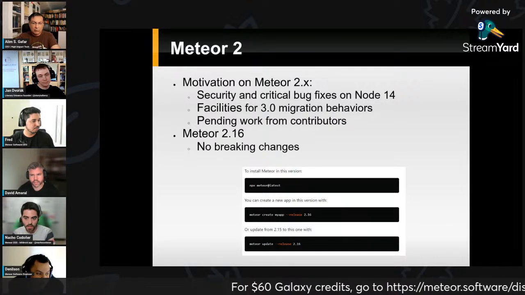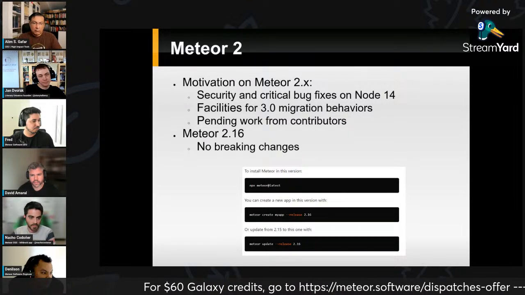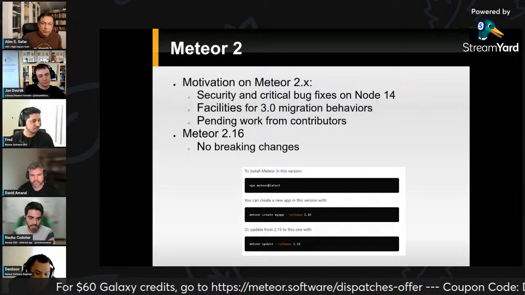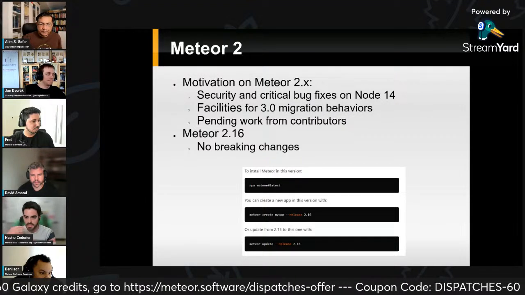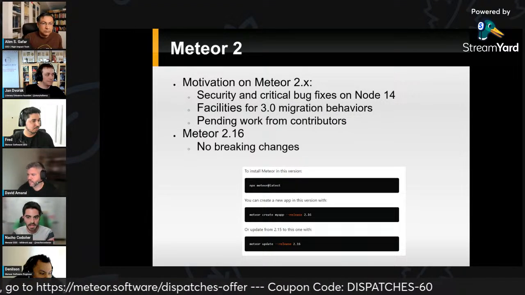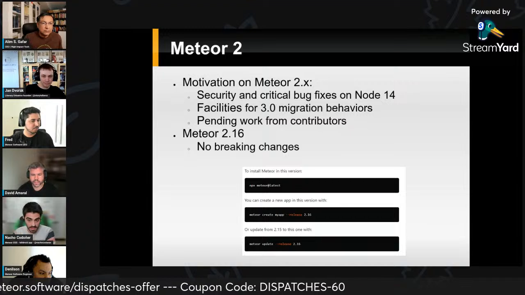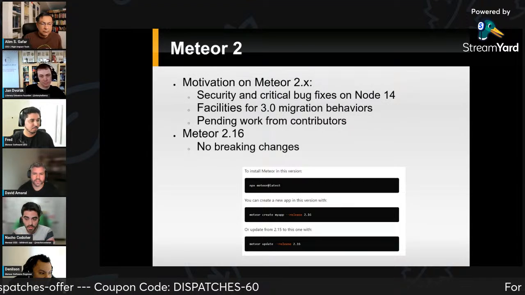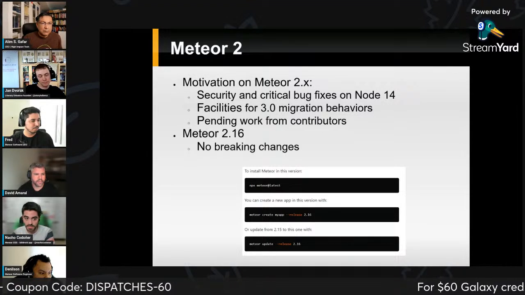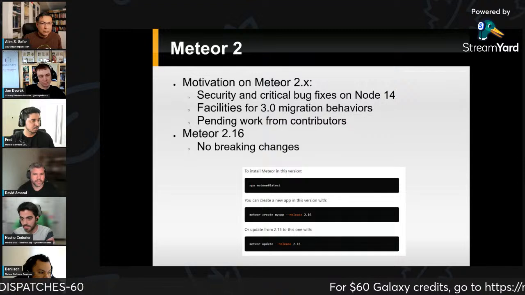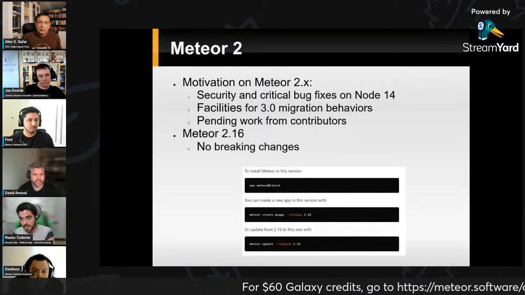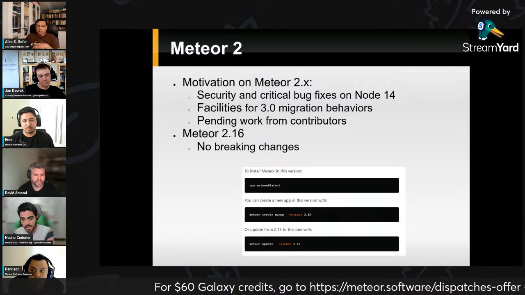time, or to create some kind of tool that can warn people in Meteor 2 about breaking changes, to take actions or whatever. And as part of the new 2 releases in the future, we will also try to merge pending work from contributors back to those releases.